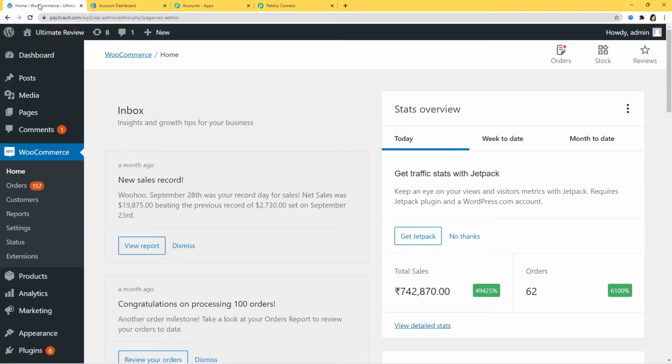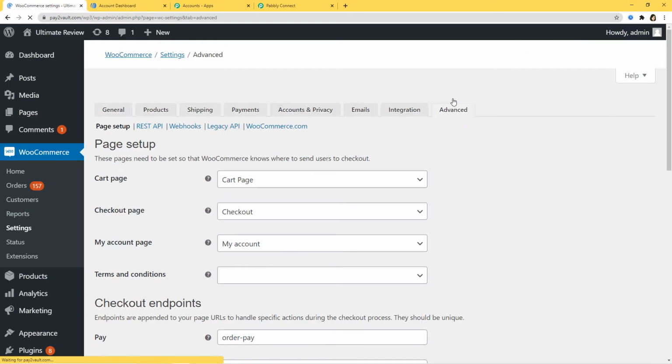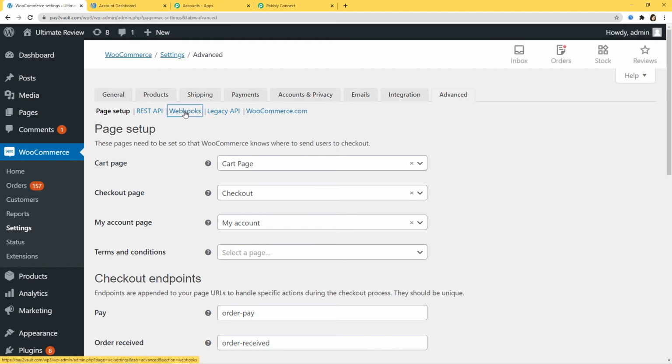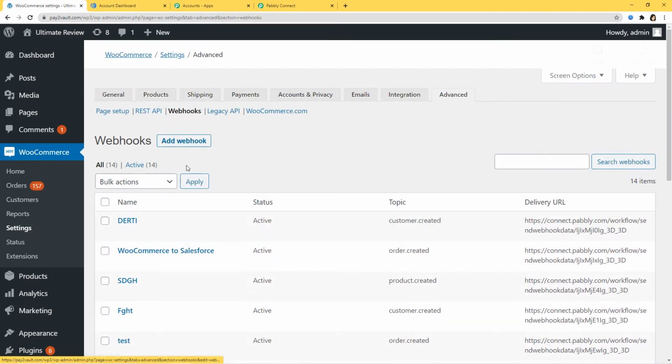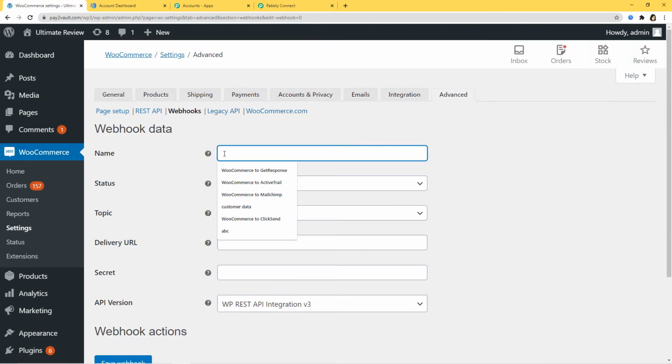So I'll go to my WooCommerce account, and here at settings, I'm going to click on this advanced tab over here. Okay, so you can see the webhooks, and now you can see add webhook. So now let us name our webhook as WooCommerce to Aweber.